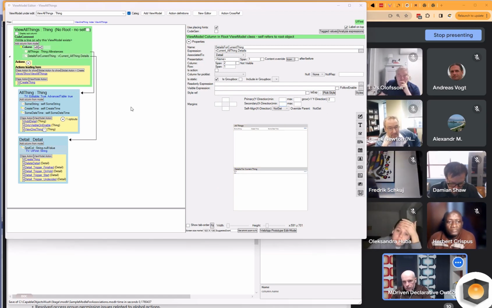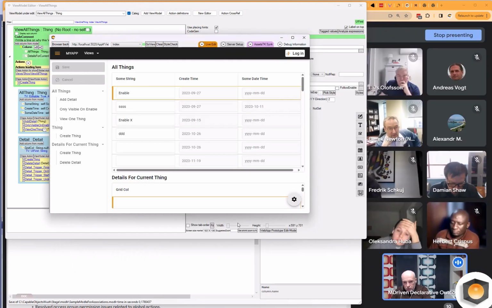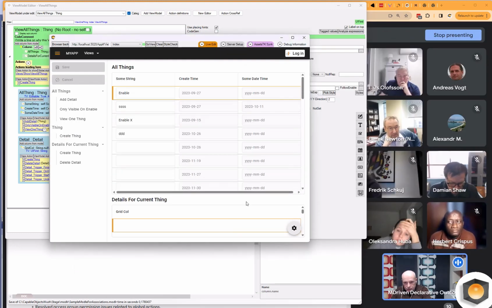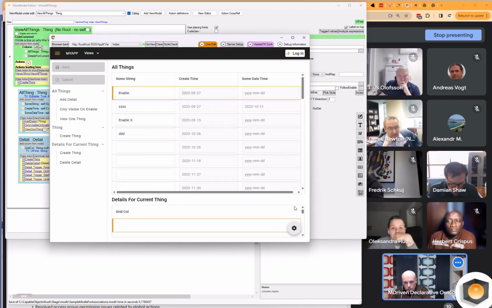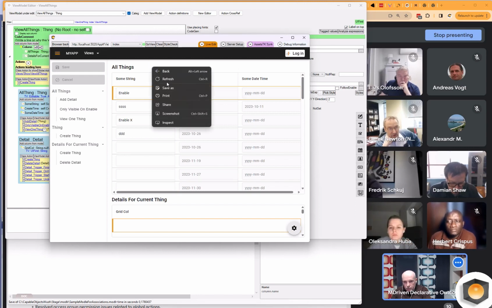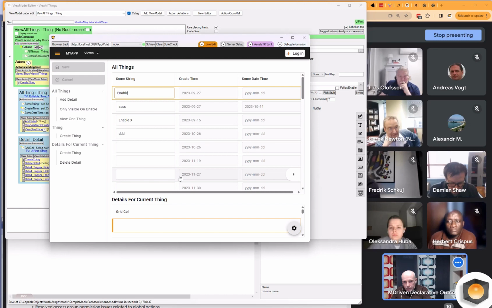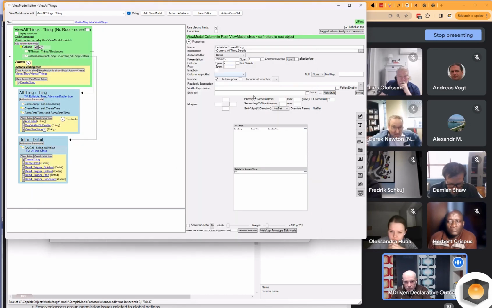And then we'll see this in the running application. So whenever I have one selected, let's see. This is having a min space, I think.